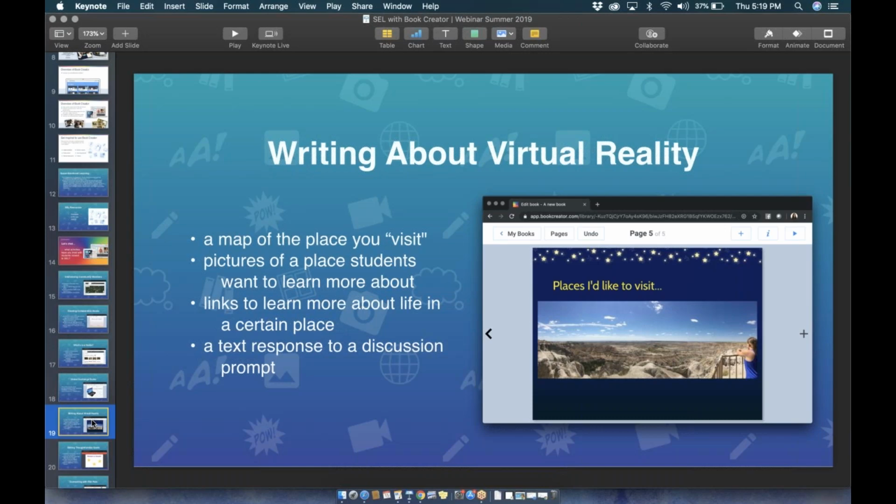So this might include having students leverage some of the awesome features right inside Book Creator. For example, you might have them search for a map of the place that they visited during that virtual reality experience and share some of the things that they learned during that time. You might have kids search for pictures of places that they want to learn more about. So maybe one VR experience sparked their interest in a particular part of the world, and they want to learn more not just what life is like there, but what kind of things they could see if they visited